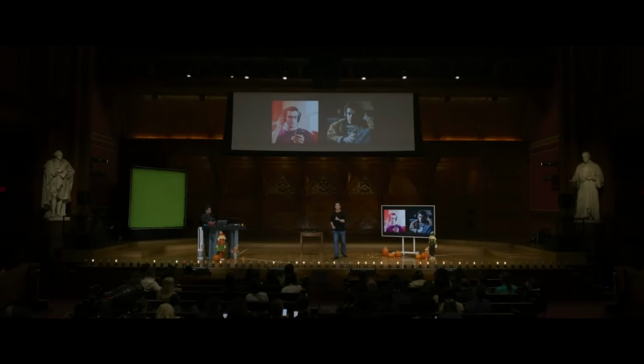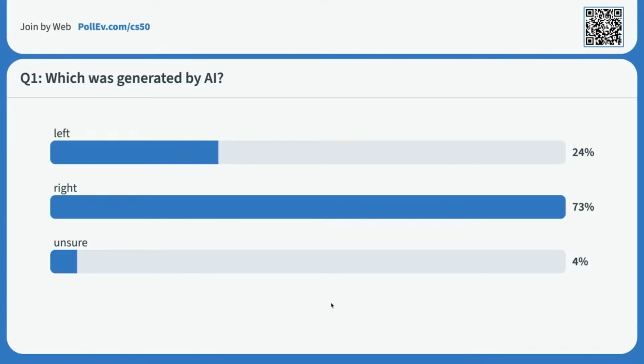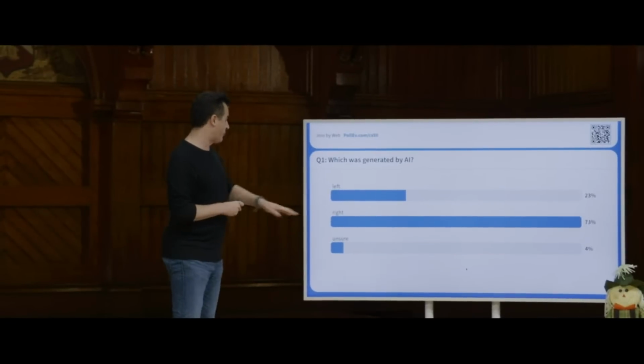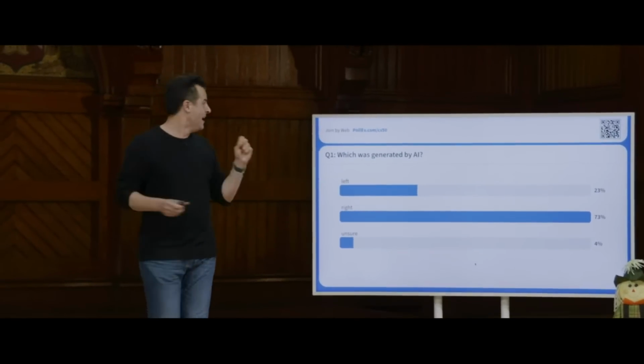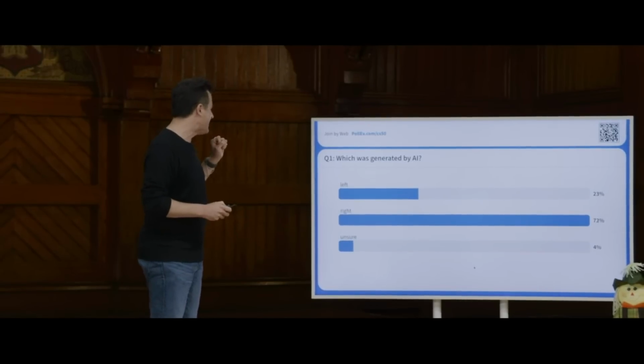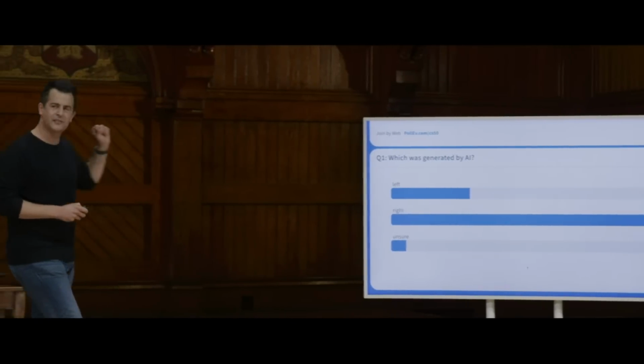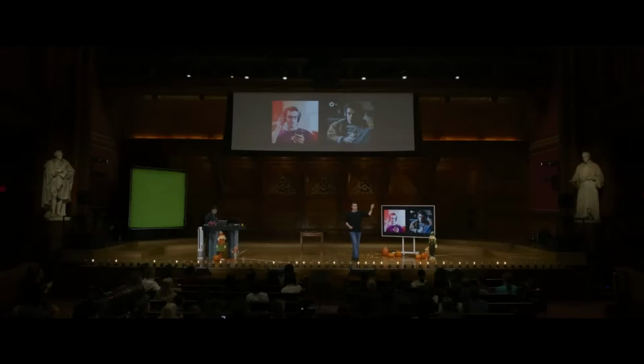Here are 2 images. And my question for you is, which of these 2 images, left or right, was generated by AI? Which of these 2 was generated by AI, left or right? And I think, Rongshin, we can flip over and see as the responses start to come in. So far, we're about 20% saying left, 70+% saying right, 3%, 4% comfortably admitting unsure, and that's fine. Let's wait for a few more responses to come in, though I think the right-hand folks have it. And let's go ahead and flip back and see what the solution is. In this case, it was, in fact, the right-hand side that was AI generated.